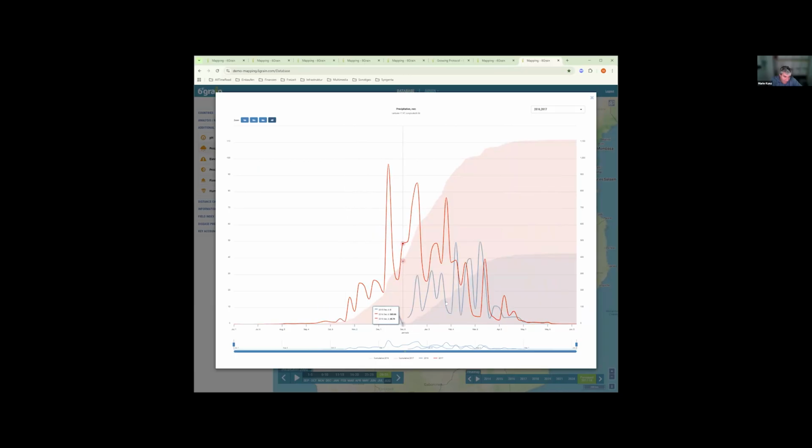It always started later. That means a lot of fields that were planted actually dried out and died. So no production at all. That's why you see a lot of discrepancies. So in other words, at 6th Grain, we can understand the correlation of weather effects to production. And that was the quick demo on this one.